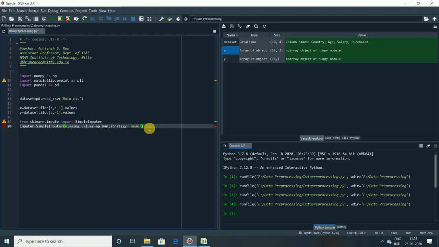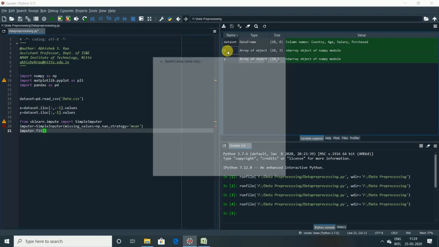Right? Let's do this by calling the fit method first; later on we'll see the transform method. I hope till here you understood. Now I'm going to call imputer dot, this is the variable, dot fit method. Fit of what? Where do I need to fit this? So in which column? Let us see, in X.